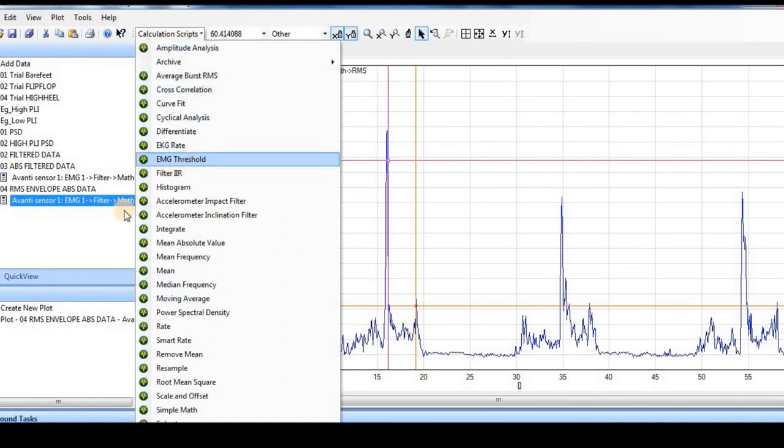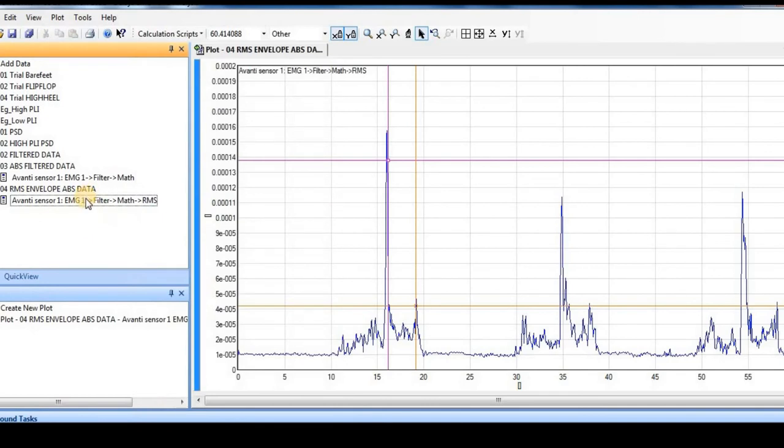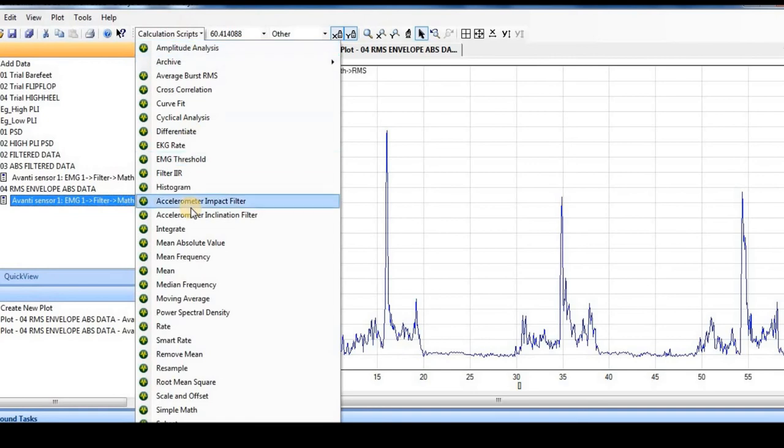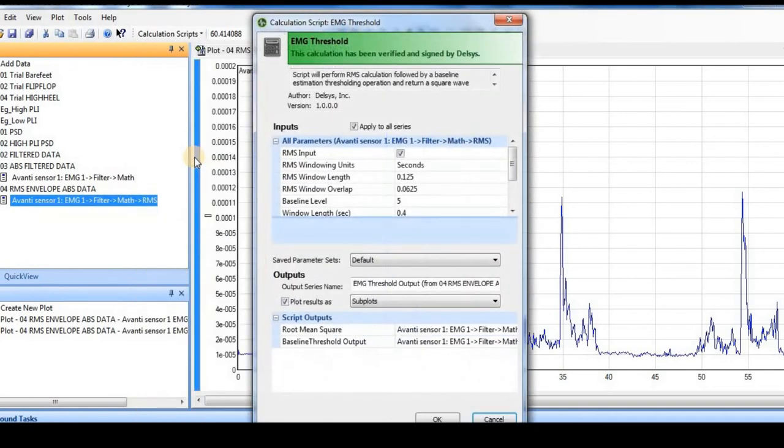So first of all, I will have to select my data series. This is my data series, and this is the RMS envelope of the absolute data. On this, I want to run another script, and that is my EMG threshold. When I choose this, again there will be a dialog box that will be opened.